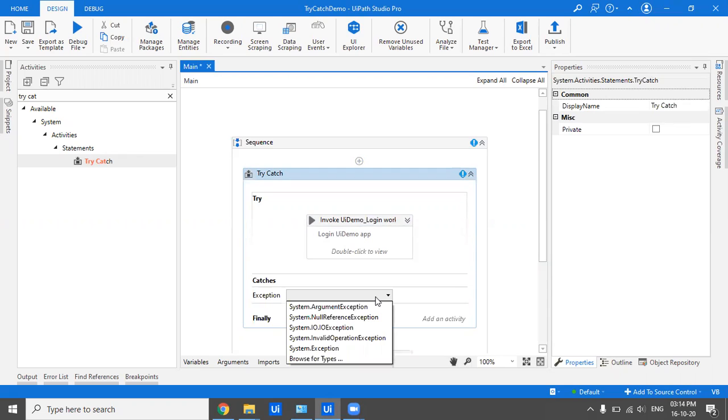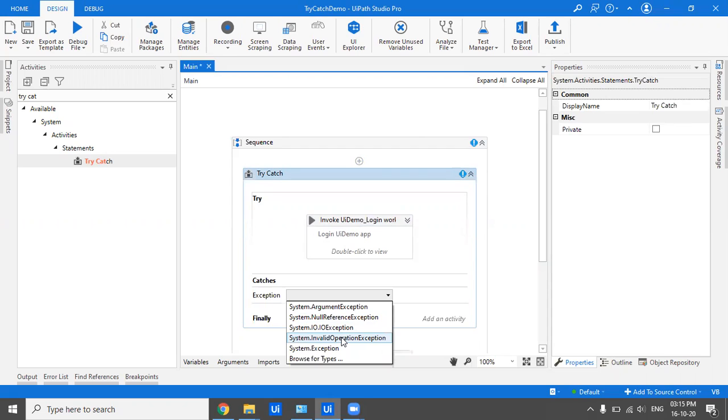It could be an argument exception, a null reference exception, an IO exception, an invalid operation exception, and it could be any type of exception which you were not aware of, but when this particular process was running on production, that particular exception arrived.